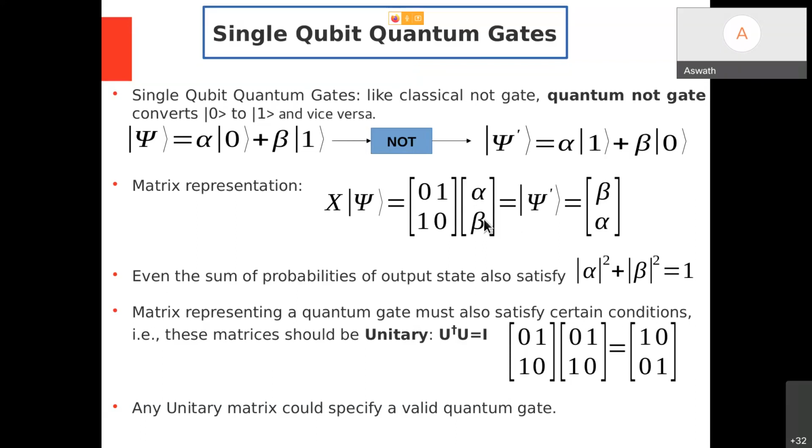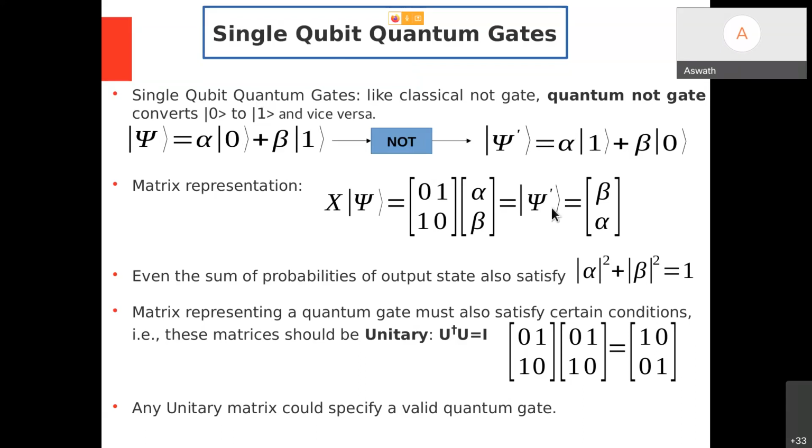Now there is one constraint for a given quantum state. What is that? The probabilities should sum to 1, that is alpha square plus beta square equals 1. Obviously the resulting quantum state also has alpha square plus beta square equal to 1. All right. So the quantum operation always preserves the nature of the quantum state. It is not pushing the quantum state out to some other form. It will always remain a quantum state. If it does something else, it is called a measurement. We will come to that later.